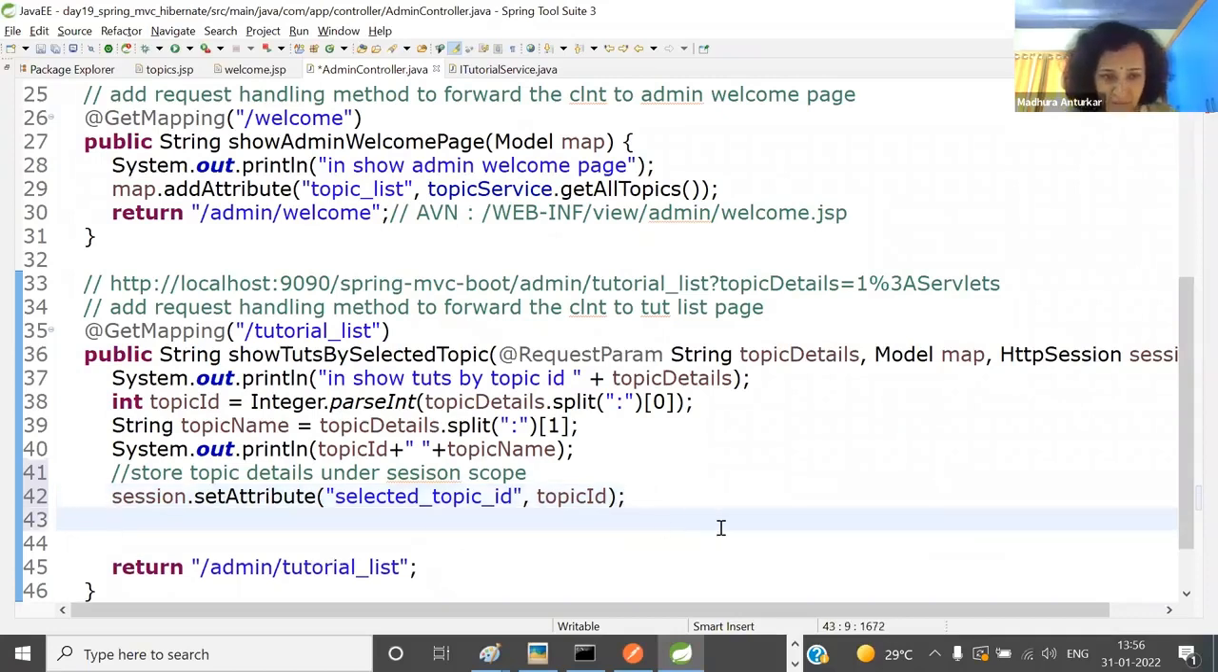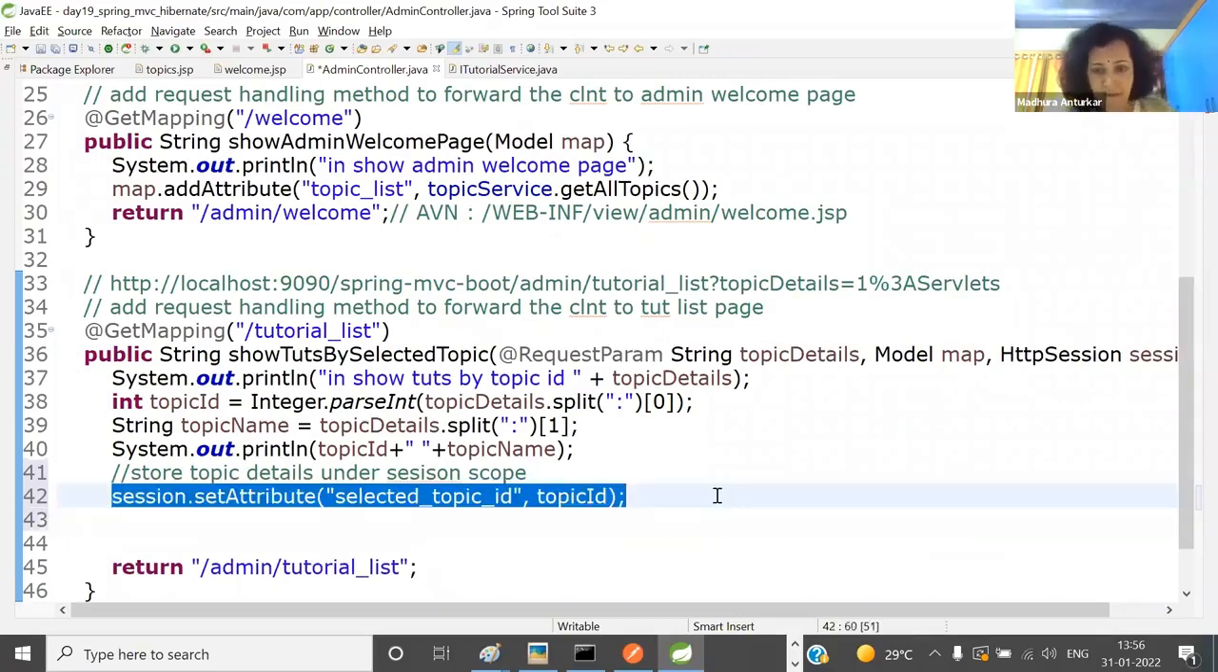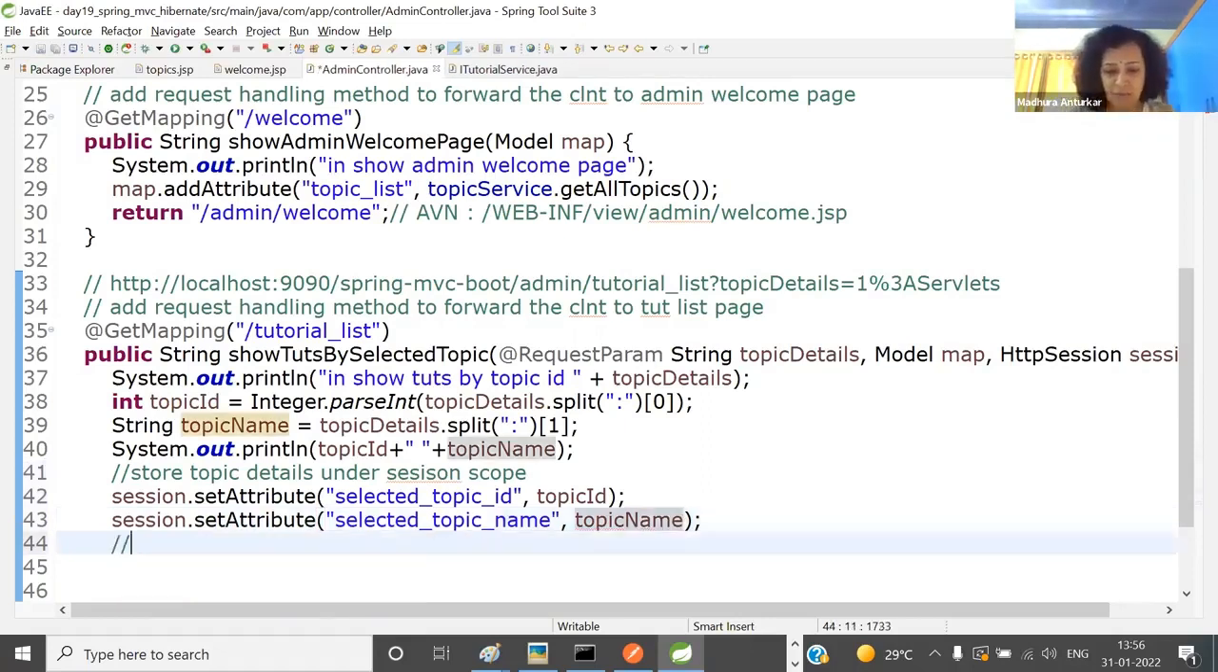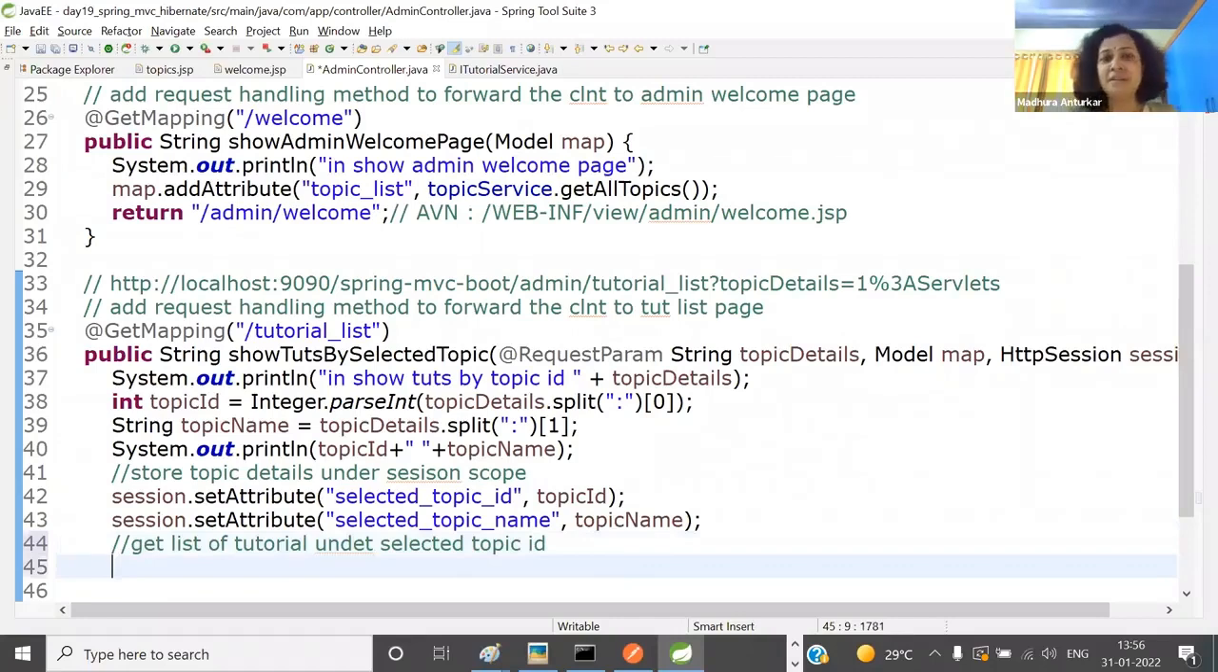And then I'm saying here another session scope attribute, selected topic name. Both we are requiring till the last. And here I'm saying topic name, right? Yeah. So both I have put in the session scope. I can extract them anytime. Now get the list of tutorials under the selected topic ID. So this is where the